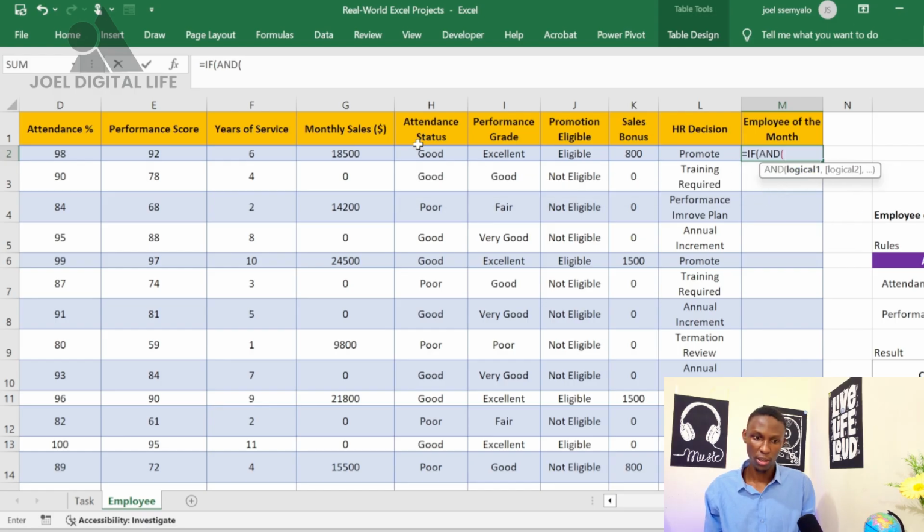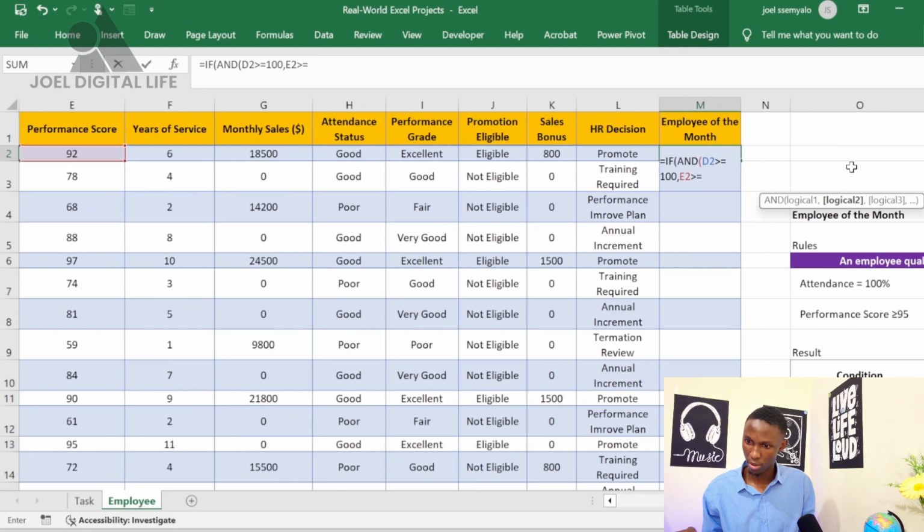So it will be: if the attendance, which is in column D2, is greater or equal to 100, comma, and the performance score, which is in column E2, is greater or equal to 95, bracket,